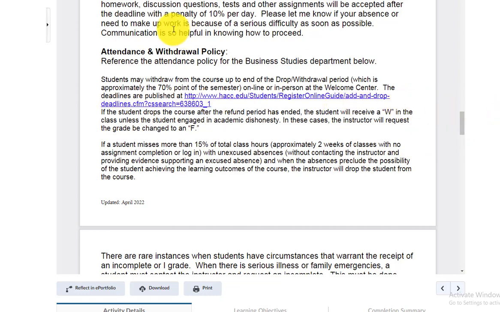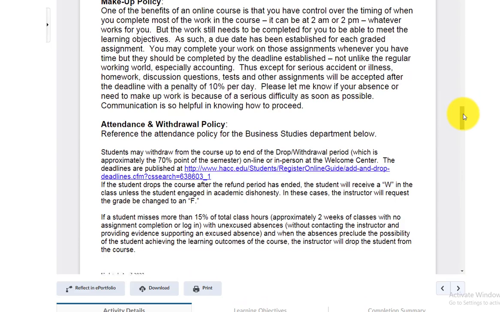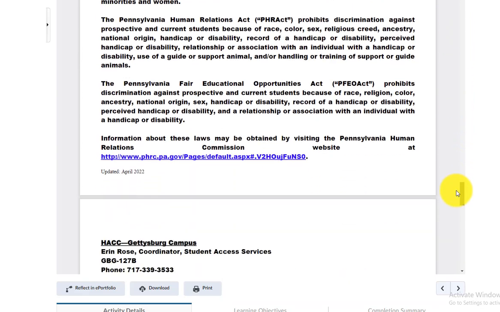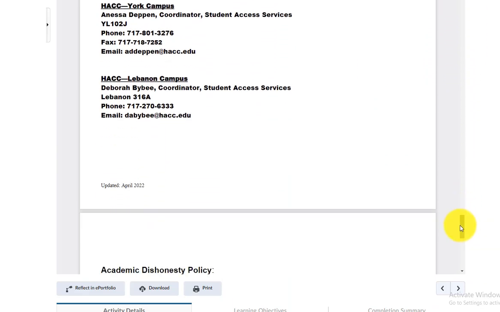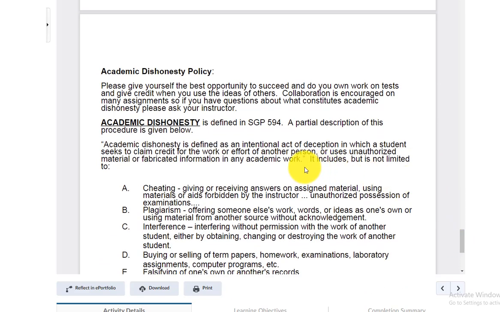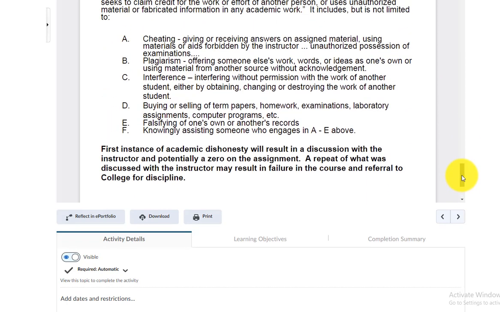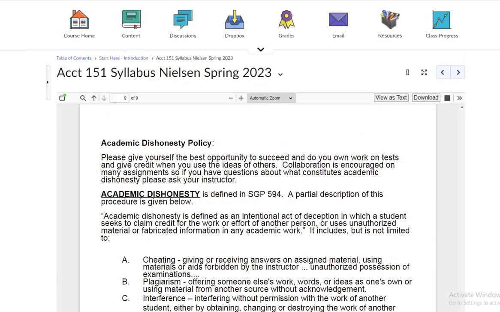All right. Any things like attendance and withdrawal policy, you can click on how to withdraw from the class, that information, our attendance. If you need accommodations, please just ask for the help that you need. Please do not use somebody else's work. Collaborating and copying homework assignments, tests, memos, any of that is not going to help anybody to learn. It's not going to be beneficial, and will be considered academic dishonesty. Our policy on that is a discussion with the instructor the first time and potential 0 on that assignment, as well as a follow-up for any subsequent